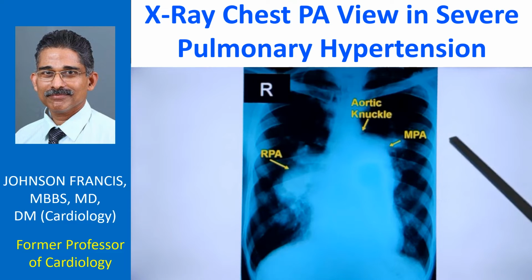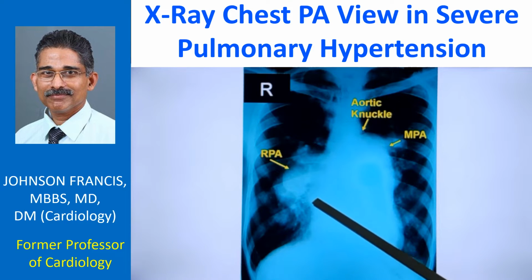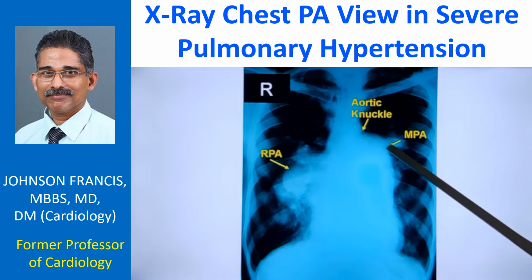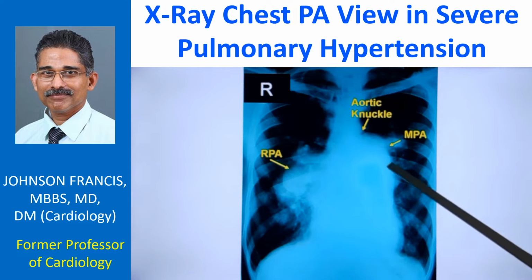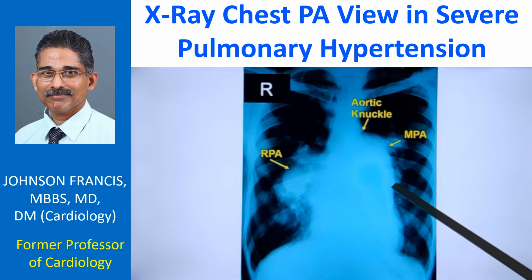Here is an X-ray chest PA view. The striking finding is the huge enlargement of the right pulmonary artery, almost aneurysmal dilatation of the right pulmonary artery. The main pulmonary artery is also grossly dilated, and you can see the left pulmonary artery shadow, and the rest of it is